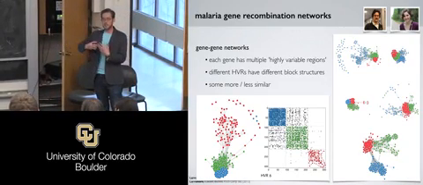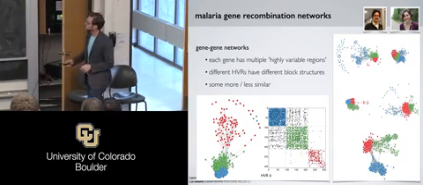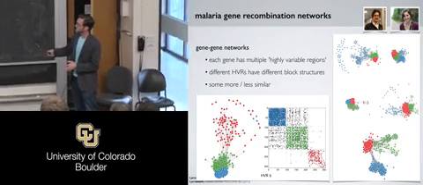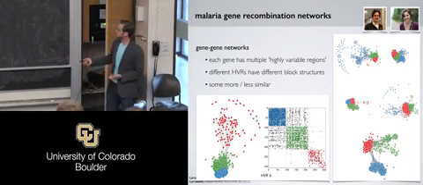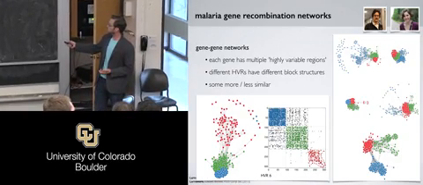Each gene has actually a number of these different domains. We can do it for each. We find essentially 9 of these regions that tend to recombine a lot. The regions are very different. So the block structure we get out of one region might be very different